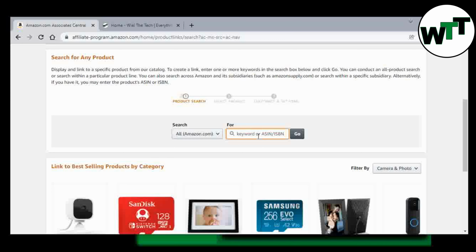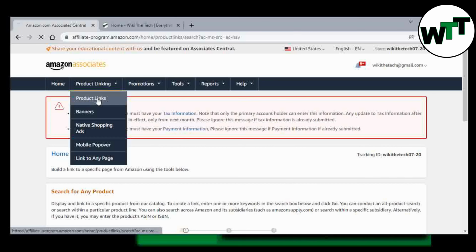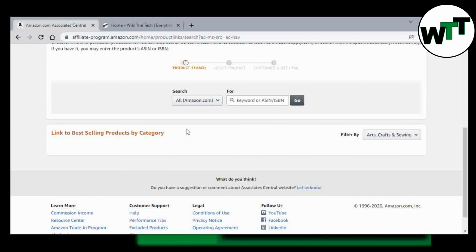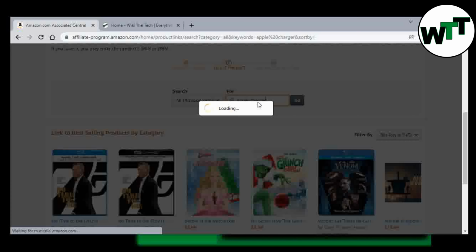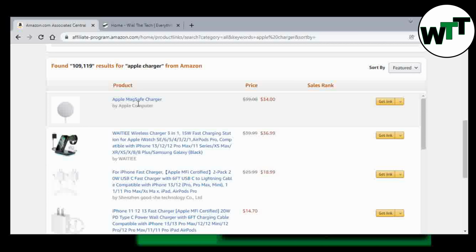Apple charger, so I will just go into product links, and after that I will come over here. I will search for Apple charger. Apple MagSafe charger, let's suppose it's by Apple Computer. That means this is originally posted on Amazon from Apple. So what you can do, there's already a discount going on, $5. Click on get link,